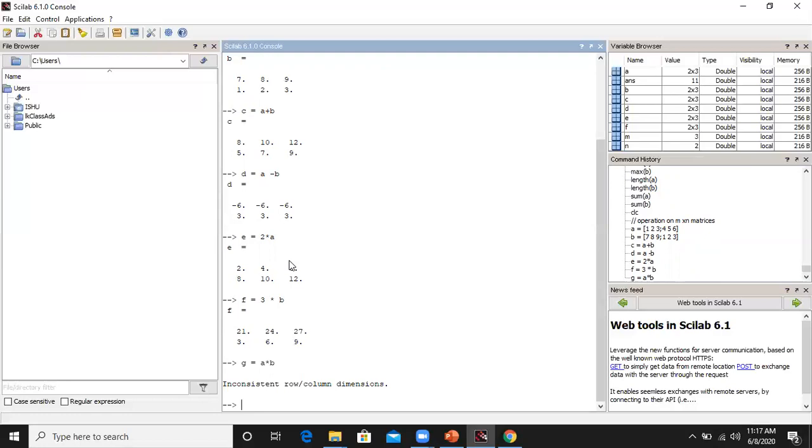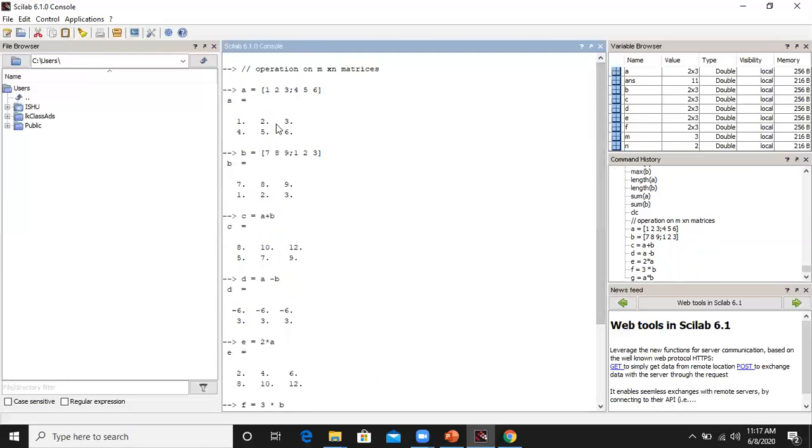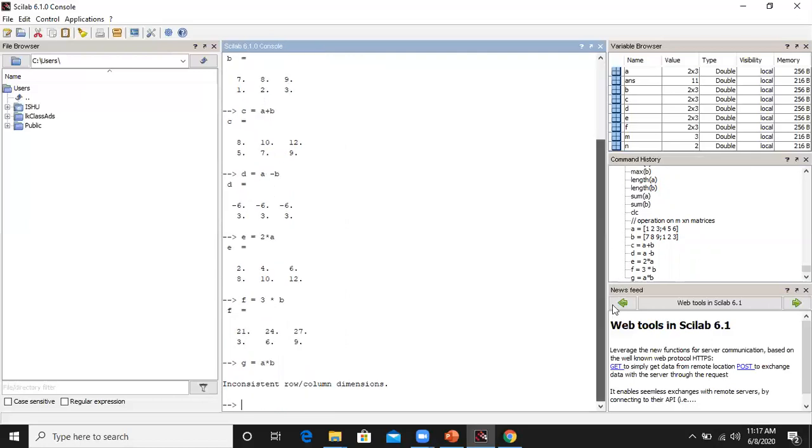Now the matrix A is a 2 by 3 matrix here. So 2 rows and 3 columns. Then we consider another matrix. Let us consider that as H, which is having 3 rows and 2 columns. So 1, 2 is the first row, 3, 4 is the second row, and 5, 6 is the third row.